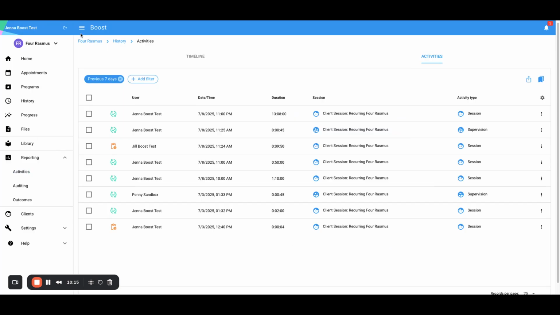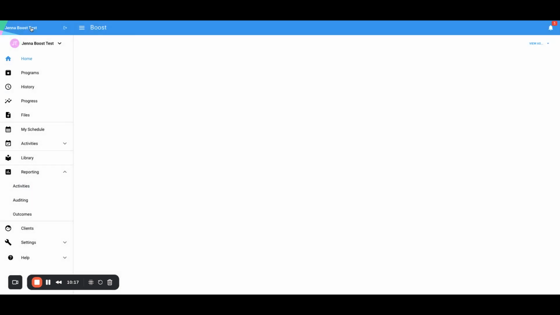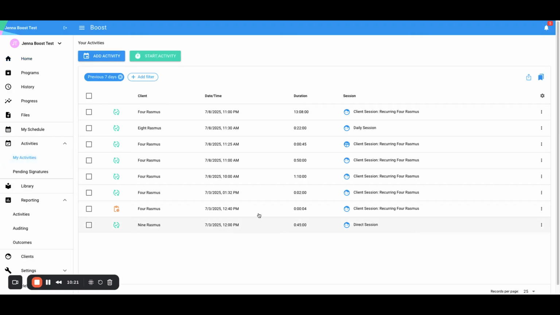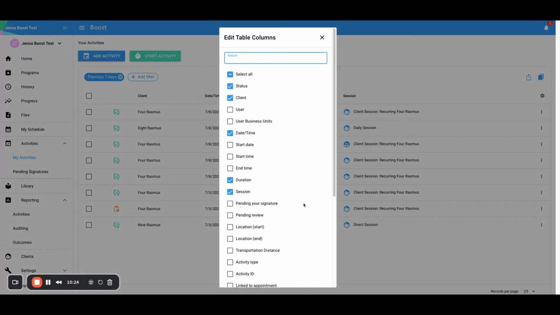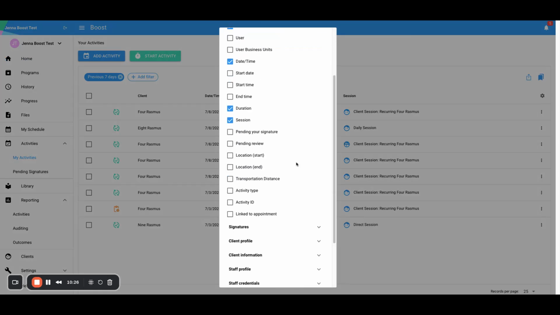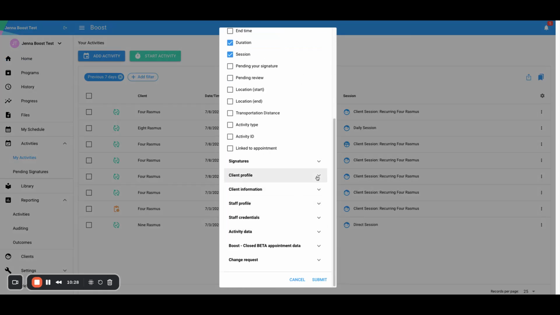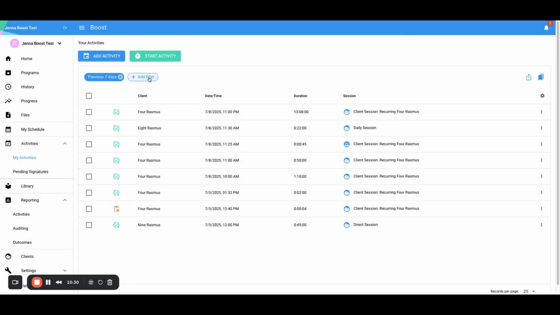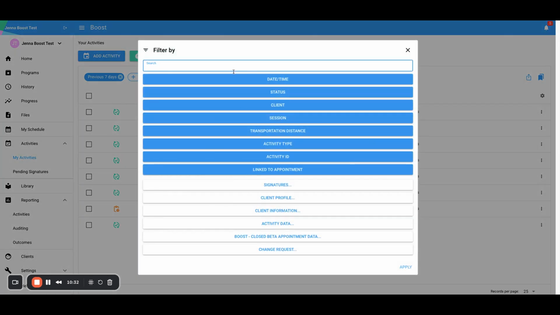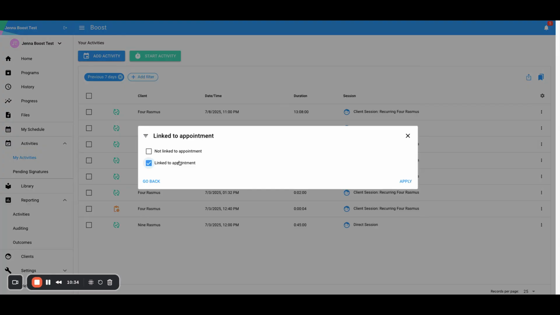The other thing is that if you click on your own name, you can go to your own activities in the system as well. And you have a lot of these same capabilities here also. You can filter, you can add in different bits of information into this page here. But again, if we want to set up linked to an appointment